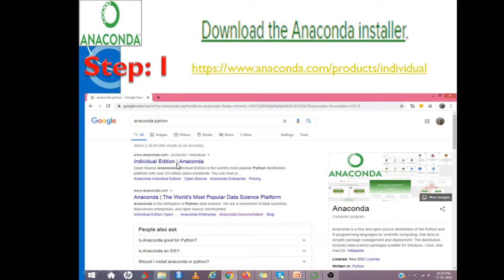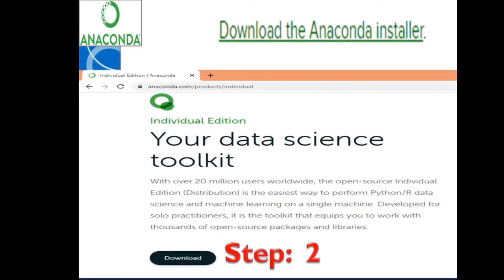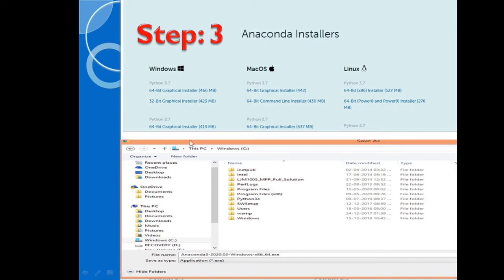So you can go to the individual edition and then click that installer. You have to download the Anaconda installer by clicking this download button. This is step 2. And step 3 will be selecting the operating system and corresponding graphic installer. It may be 32-bit depending upon your system, or it may be 64-bit.